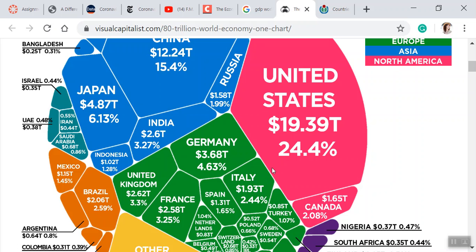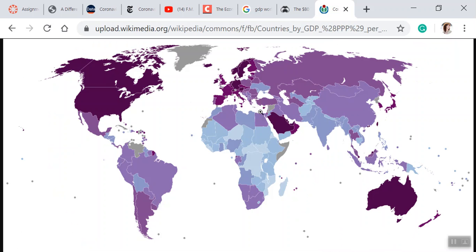Make sense? So what we're doing when we take that GDP and we create it into a GDP per capita, we're dividing the total earnings of the entire country, right? All of the goods and services, the value of the goods and services, divided by the total population of the country, and that's giving us that per capita number.